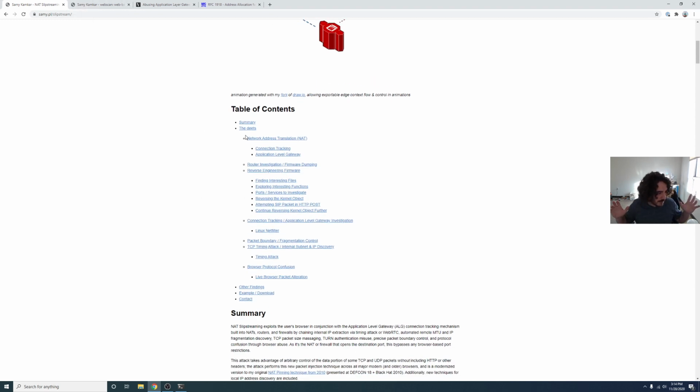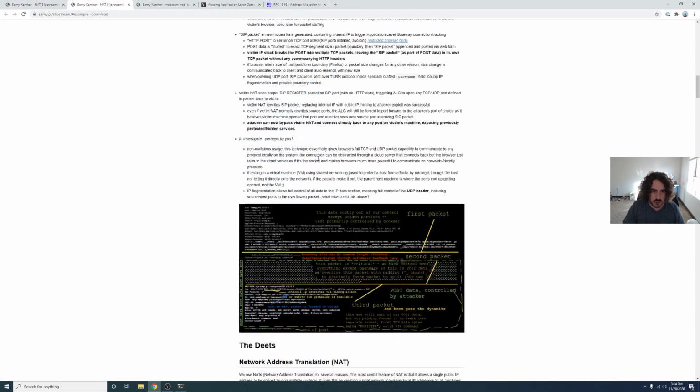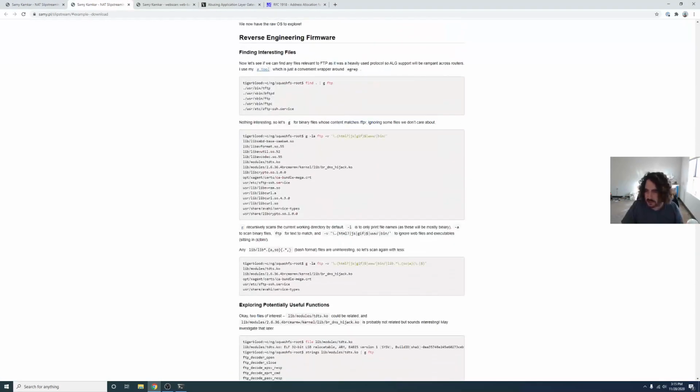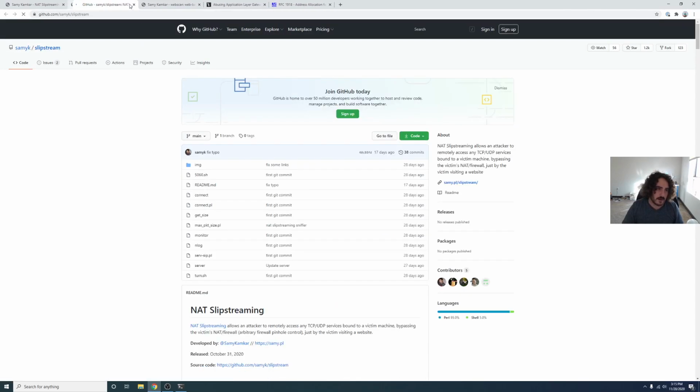So I spent a bunch of time trying to get the code set up that Sammy released. He releases this example code, and this code is a mess. No offense to Sammy, I really appreciate everything you've done. The research is really interesting, but I spent hours trying to get this working,